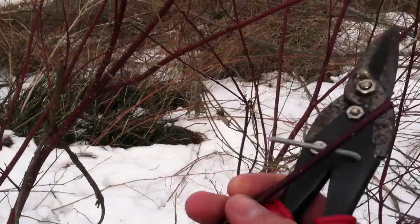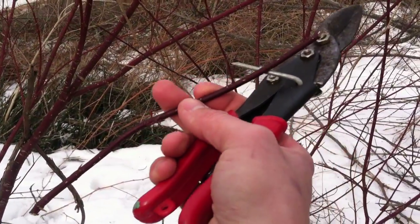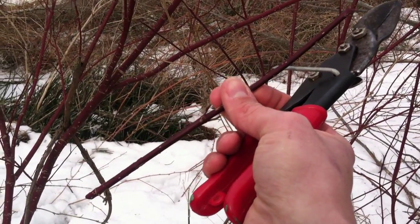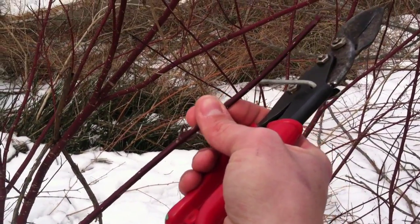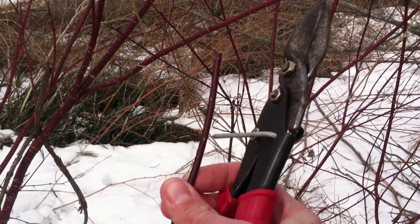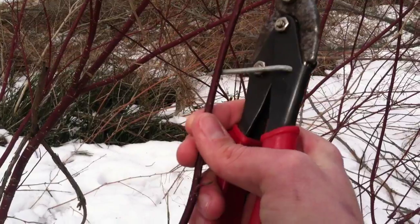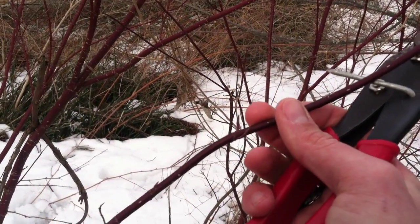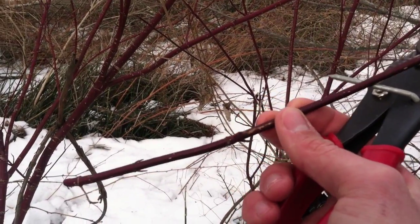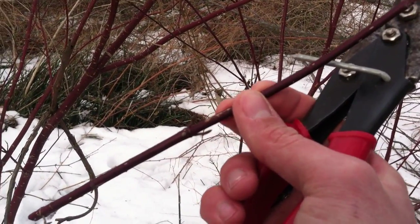So it's really easy. There's a lot of other videos out there online that can show you how to do it, and probably some that'll be a little bit more informative than just one guy and an iPhone camera here. But I think you get the idea, and that is really it. You can grow a whole new plant just from this, and I think it's not very widely known, and it's a great fun fact and just a great conservation tool